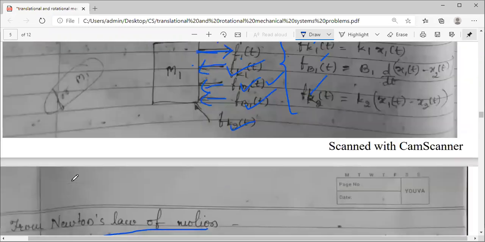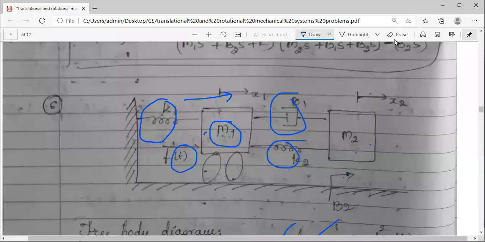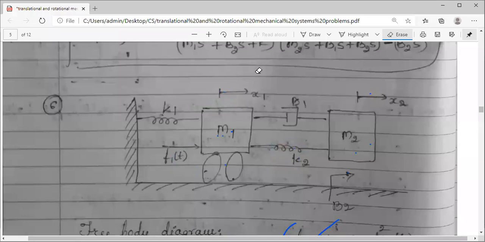We have to find out what is the input and what is the output for this particular system. So what is the input and what is the output? Tell me. Input, no doubt, I'll only tell F1, the force applied is the input. Tell me what is the output in this system. Very quickly, tell me what is the output for this particular system, because we need to find the transfer function. For the transfer function, you need to identify the output and input. Then only you can take the ratios. Input is the force applied. What is the output?